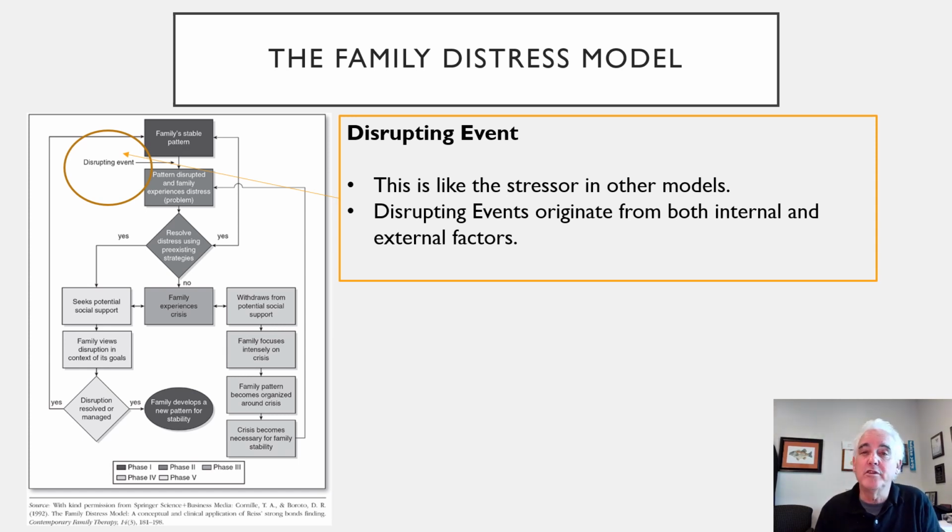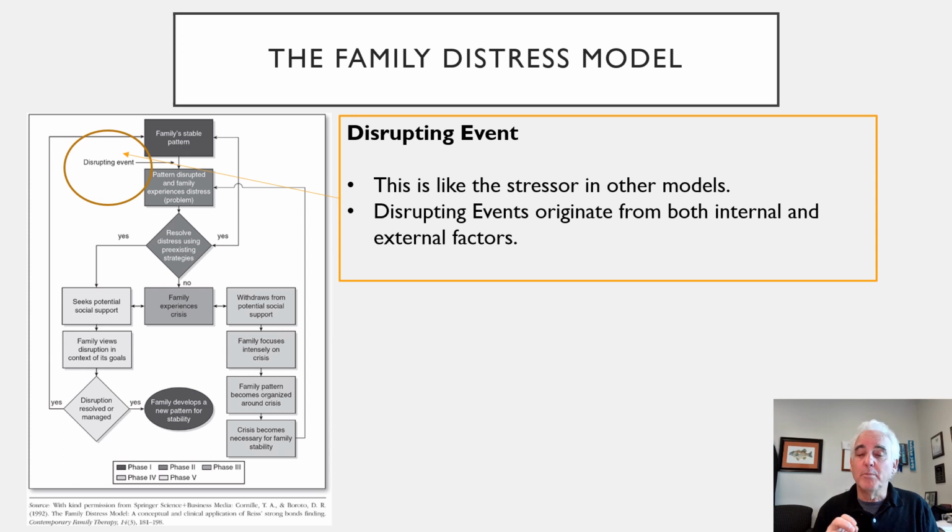The wife could be tired of the way her husband responds to her. The husband could be angry at the wife for trying to control things, or the kids could be acting out for some reason, right? Or somebody could experience sickness, or there could be a death in the family. Any number of things can disrupt normal function, but they can also come from outside.